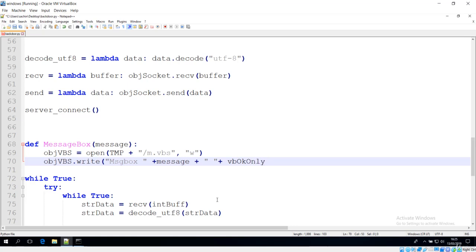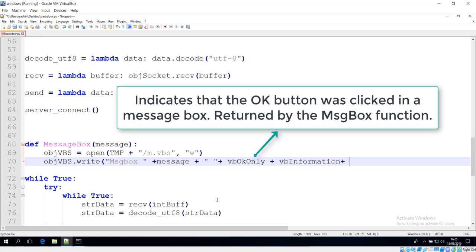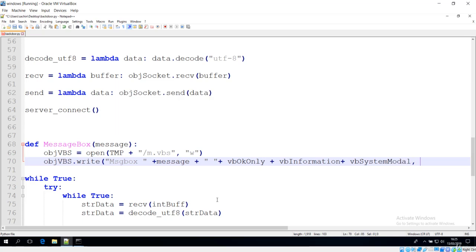Basically it is nothing to just remember. It is only the command to create some of these boxes, and we'll just pass that in the VB information. And now it's time to add it with or concatenate with the VB system model. So this is the system that is going to give us the prompt. And now next thing I want to do is basically the message. So let's see how we can do that.